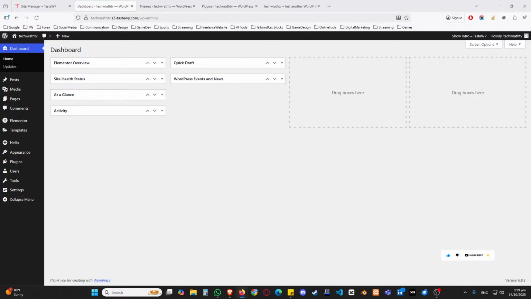Just as an overview, this is a very basic WordPress website. It's stripped down to the skeleton by default of what you are going to install. All right,